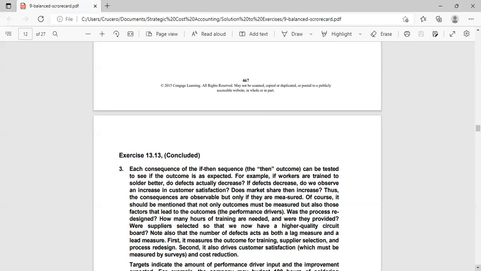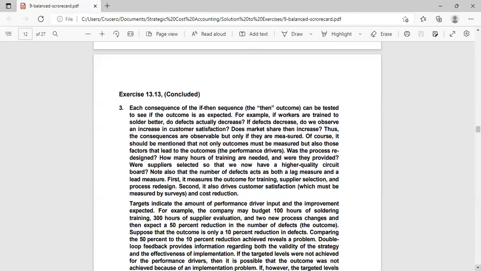First, it measures the outcome for training, supplier selection, and process redesign. Second, it also drives customer satisfaction, which must be measured by surveys, and cost reduction. We have now the targets indicating the amount of performance driver input and the improvement expected. For example, the company may budget 100 hours of soldering training, 300 hours of supplier